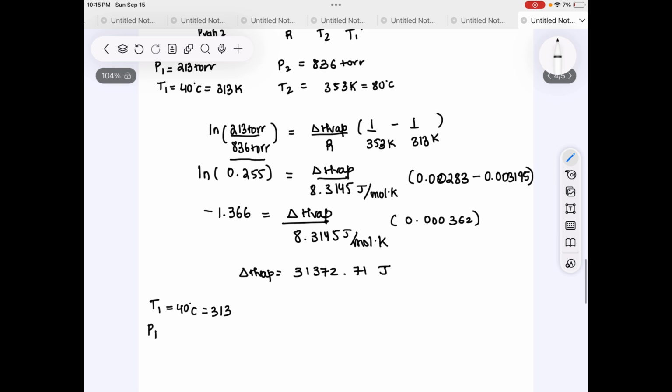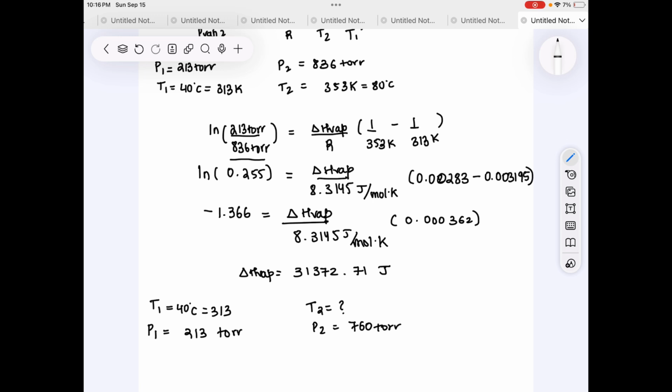The pressure is also the same for P1. However, T2 is the one that we are searching for, and P2 will be 760 torr,